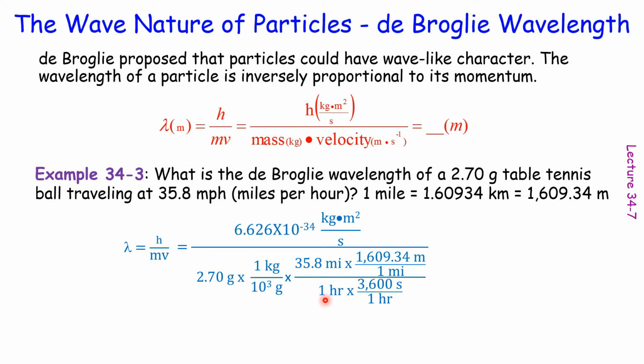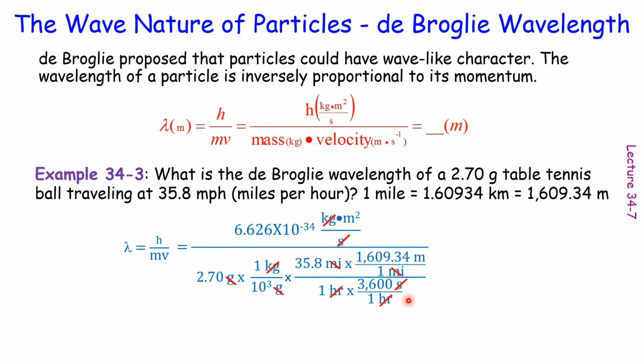We need to convert hours to seconds so that the seconds can be cancelled. 1 hour is equivalent to 3600 seconds. And now you can see grams are cancelled, kilograms are out, hours are out, seconds are cancelled, miles